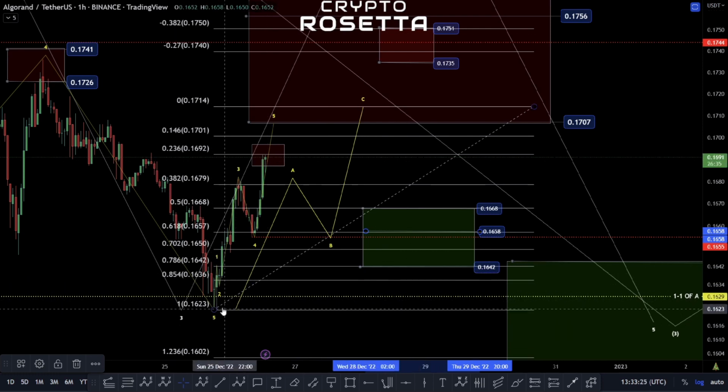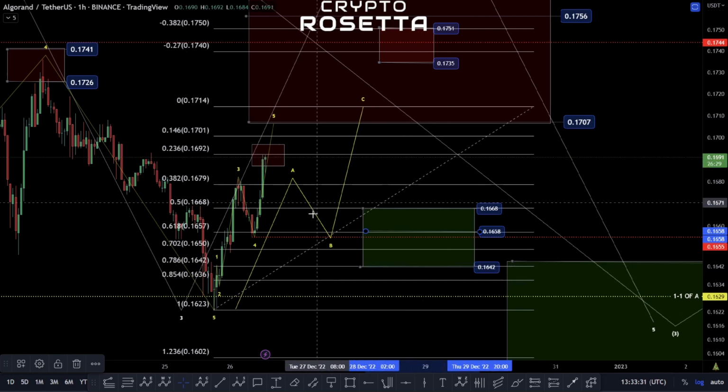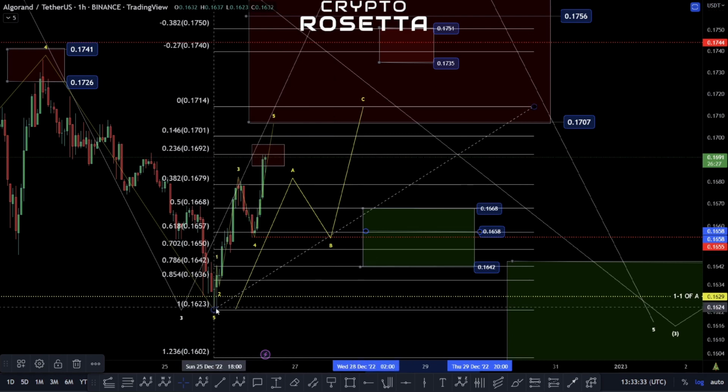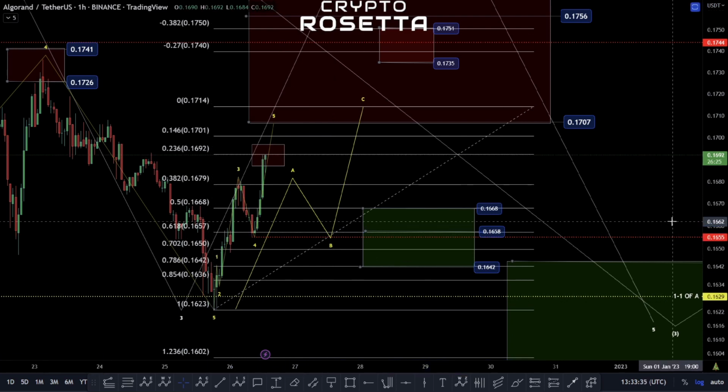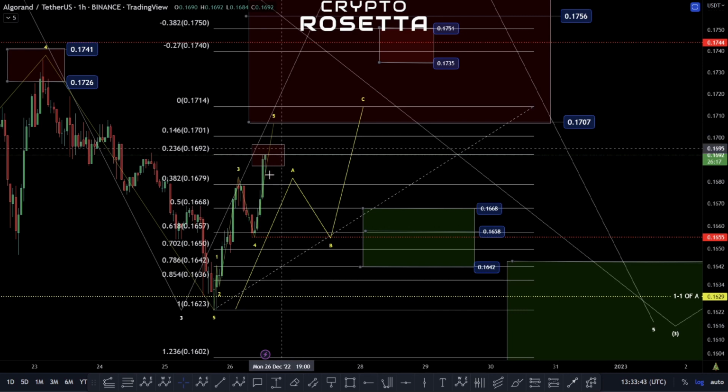we're looking at a potential corrective structure. It could move down all the way to this 85.4 zone, depending on what kind of structure is going to play out. So we need to see how this progresses. Should we manage to hold the 1655 zone, there is potential for extension to the upside here. Though breaking down below this would then actually make us have to look at this either as a 5-wave move